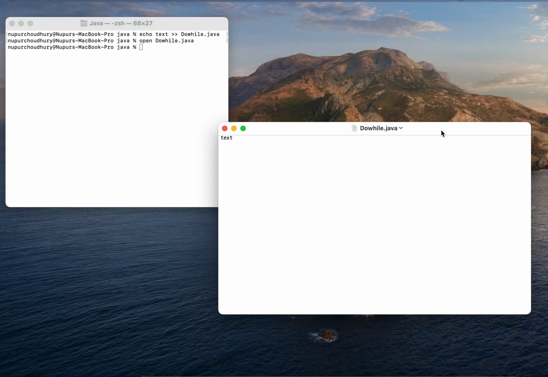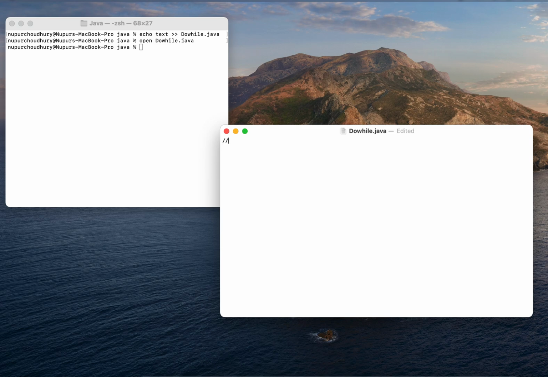Now let me first mention what this is all about: to demonstrate the do while loop in Java. I have a class, and the class name should be the same as the file name, because this is the class where I'm going to keep my main method. So class do while, and I will create the class body. Inside this, let me write down the main method, which is public